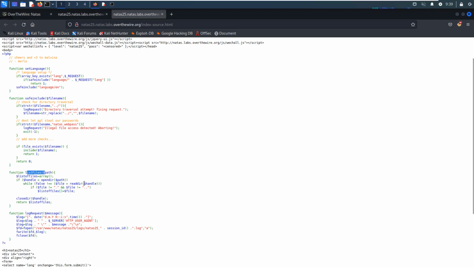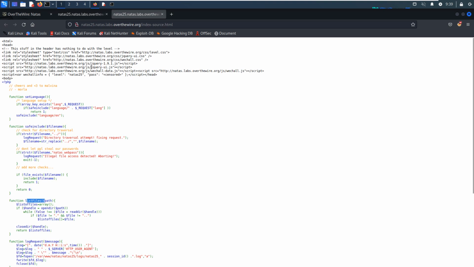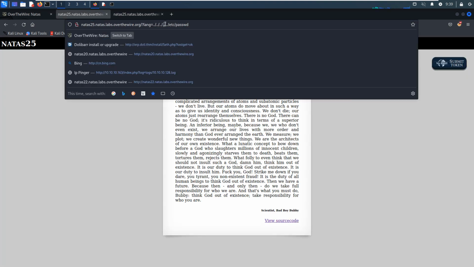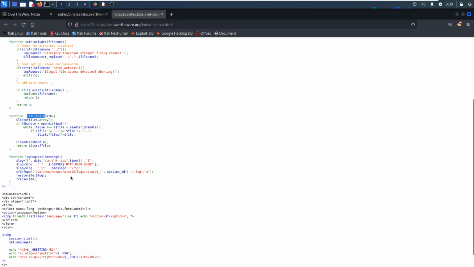Of course, we cannot directly include the file which stores the credential for the next level. However, from the source code, we can poison the log, because the log will save the user agent information. So we can poison the user agent, and then access the log file to retrieve the password. Let me show you in action.